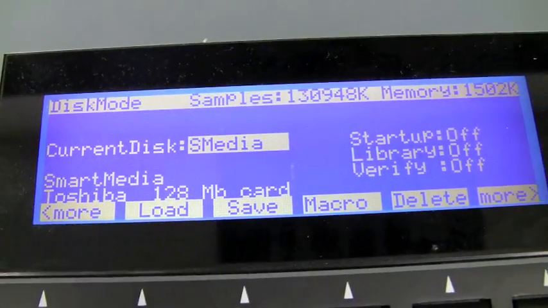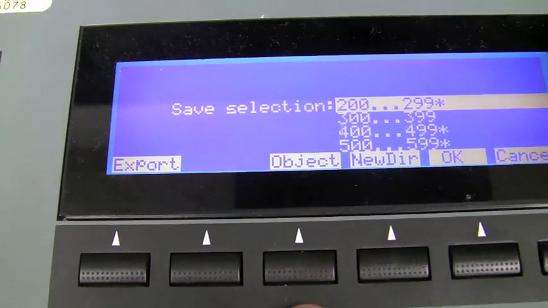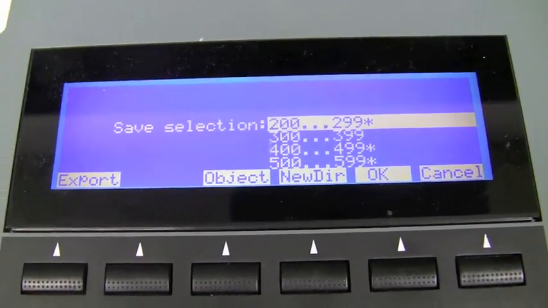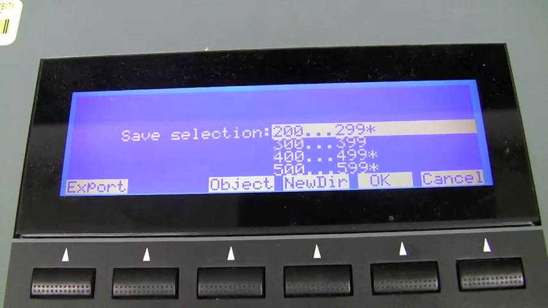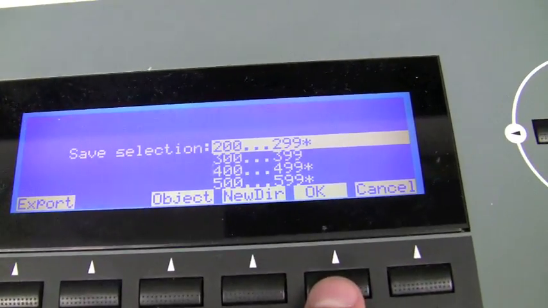And what we're going to do is hit the save button. So hit save. It asks me what I want to save, and I want to save selection 200 to 299. That's the user bank default area. So I say OK,